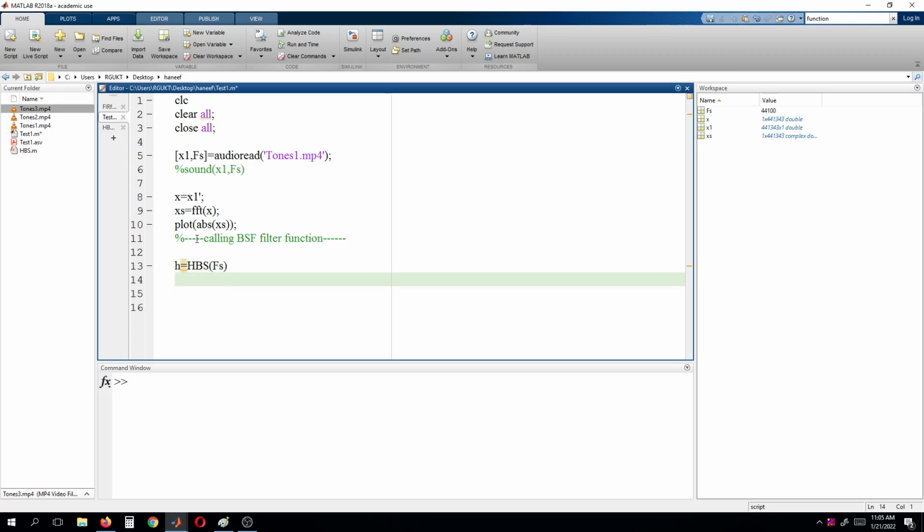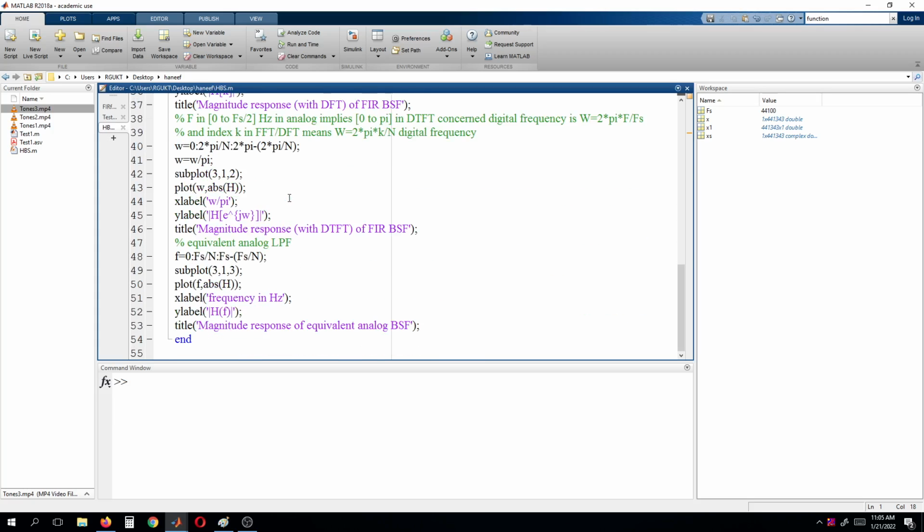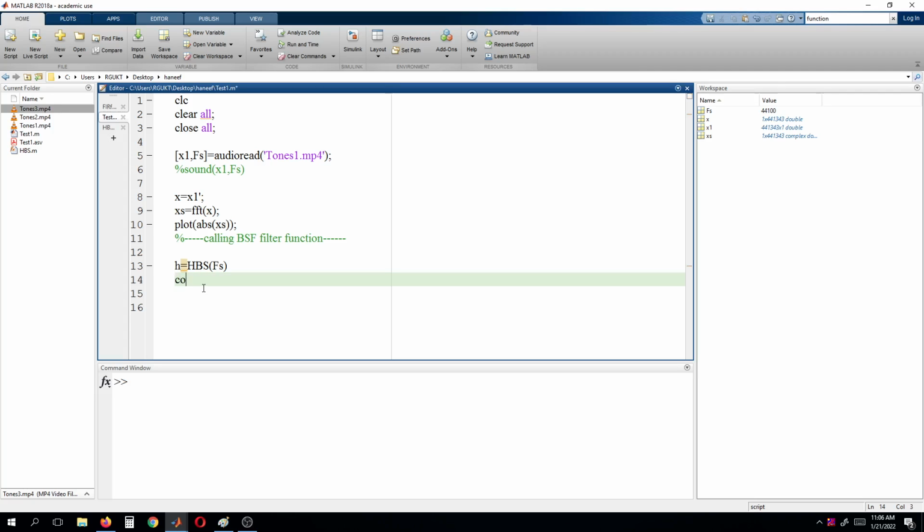This program consists of only the filter coefficients for the band pass filter. To make it a complete filter, we need to do convolution of x and h,